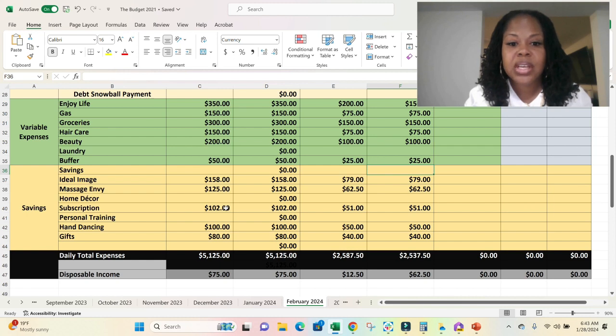My subscriptions, $102 a month. These are 2 classes that I pay for, $51 each check. Then hand dancing is $100 a month. I think this is the last time I have to pay this $100. I'll have to check, but that's $50 each check. And then gifts,